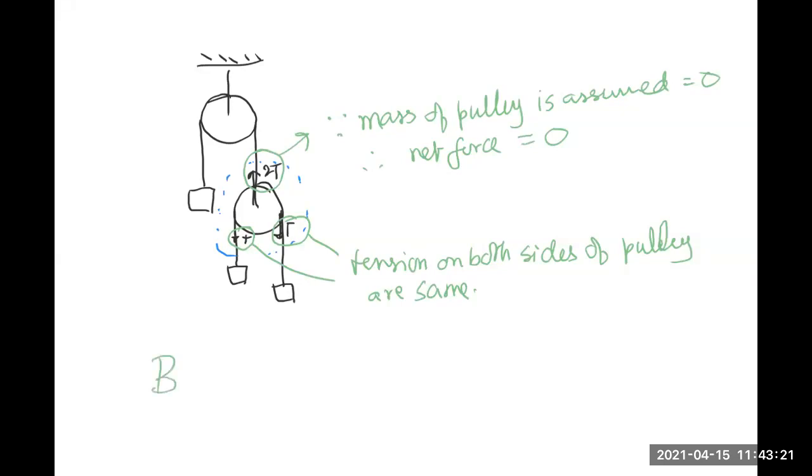Now both, नहीं बेटा गलत, both these assumptions are invalid